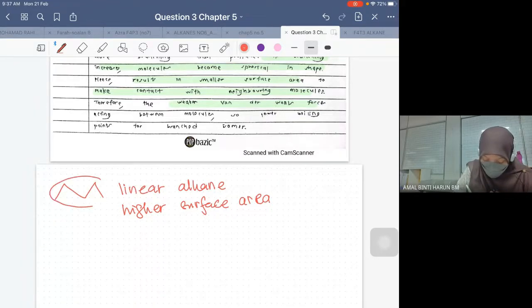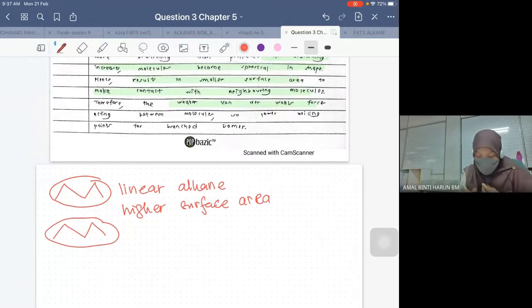Okay, ni satu molekul pentane. Ini molekul kedua pentane. Okay, nampak dia linear. So the surface area, contact area dia besar. So dia punya intermolecular forces dia tu, dia boleh memegang molekul tu antara satu sama dengan lebih kuat. Okay. Nak cakap tadi, higher surface area,